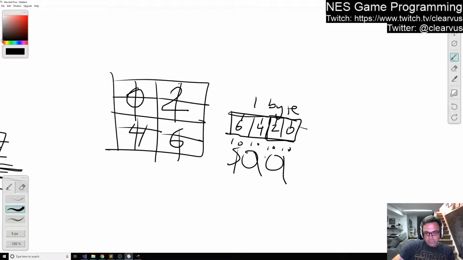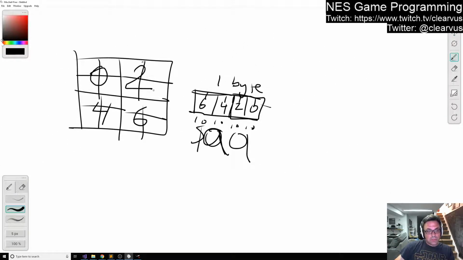A, right? Because 1 0 1 0 is 10, and 1 0 1 0 is 10. All right, so just trying to look at the way that this is arranged and see if there's a simple way for us to handle this, because basically what we're going to need to do is half the time we're going to need to update